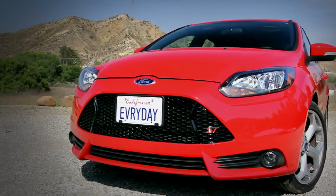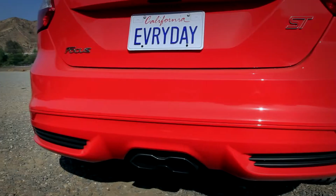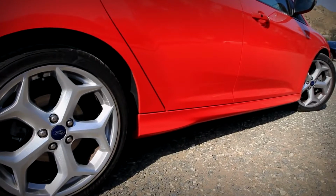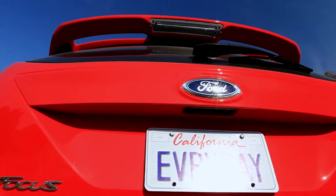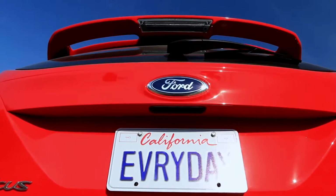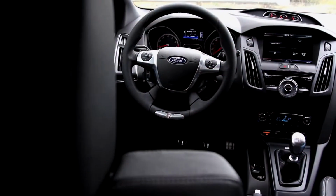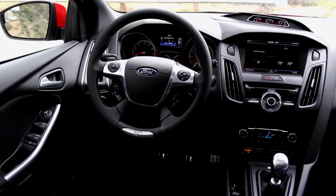The vertical front grille bars are blacked out. Notice the creatively designed center exhaust. Even the wheels mimic these same shapes. And check out the rear spoiler, it stands proud, but it doesn't look slapped on. It's very well integrated. Now the interior of the Focus ST, this really makes you feel like you're getting more